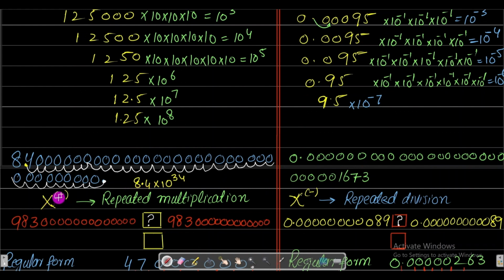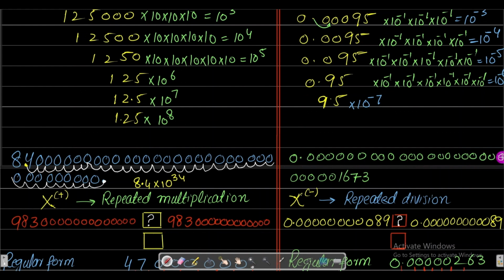So here it means that if this number 8.4 I consider as x, and on the top of it we have a positive number, this positive number actually shows us the repeated multiplication of the 10. So this many times, if we multiply 10 with 8.4, it will give us this value. And similarly,